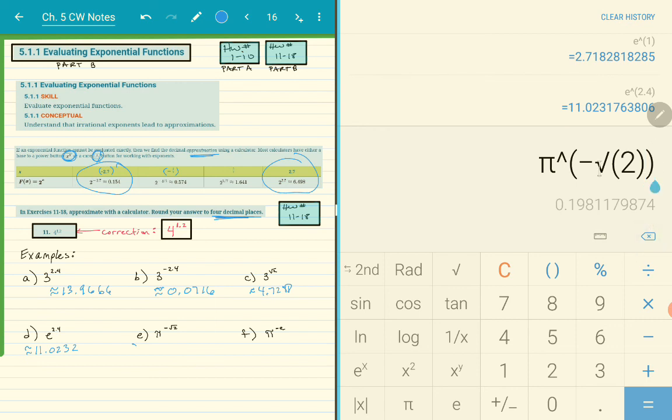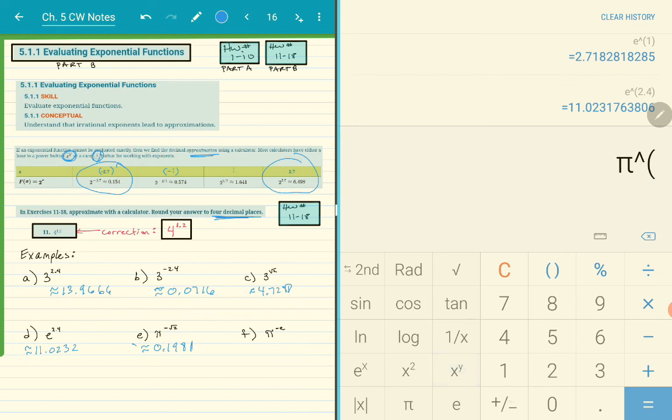It doesn't do any harm. The calculator will still recognize it. But I'm just going to take one out. And that equals 0.1981. And my last one, part F, we have pi to the power